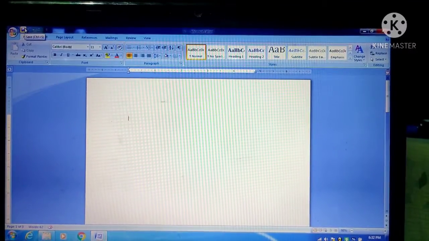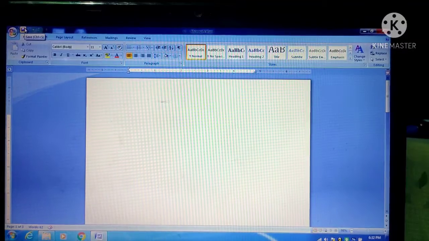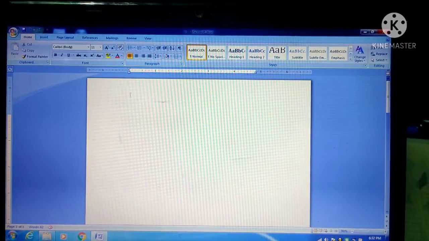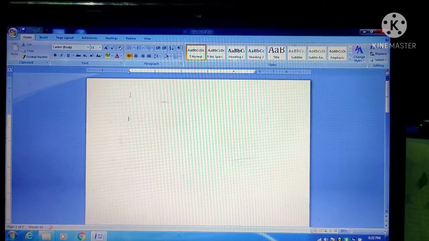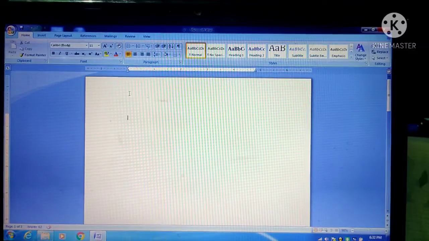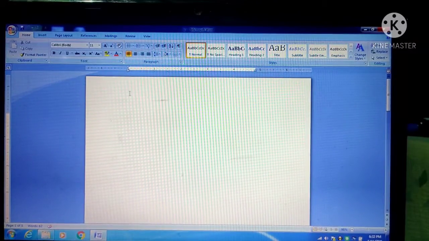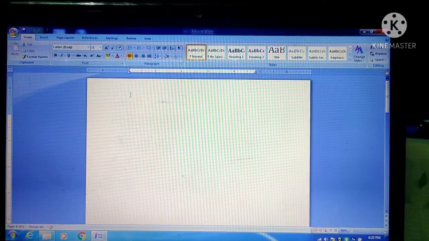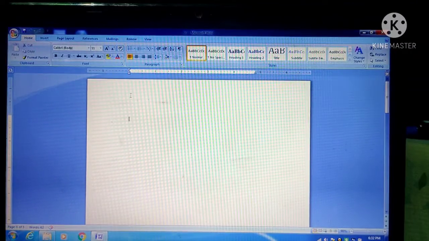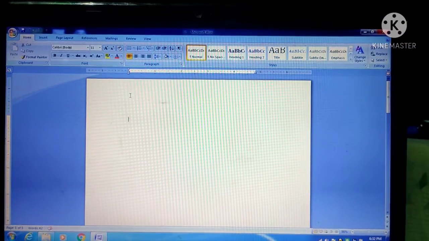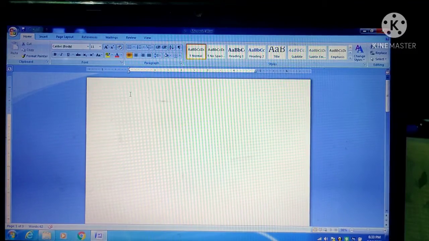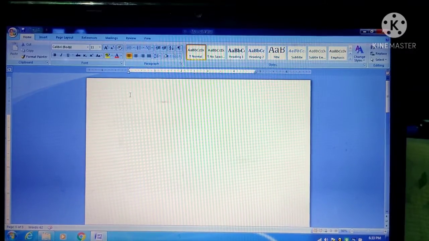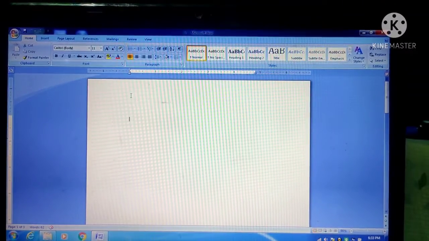The next feature that we are going to add today is the page background. By default the color of this page is white. It offers us a white background to make our document visible, but we can change the color of this page. Also we can add a border to the pages so that it looks attractive. Now how can we change the color of the background? First of all,